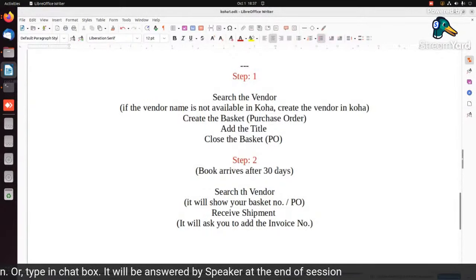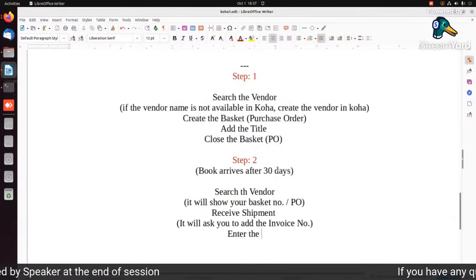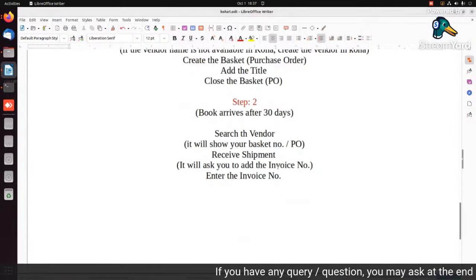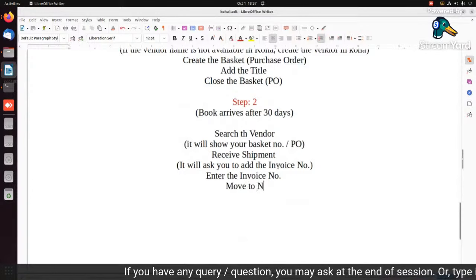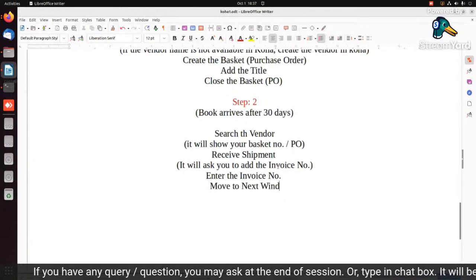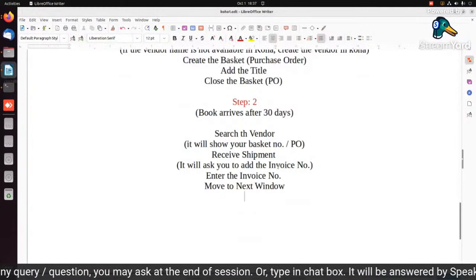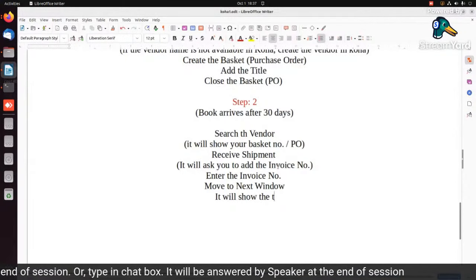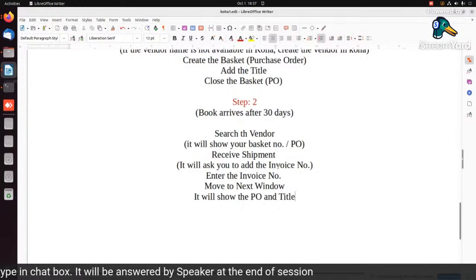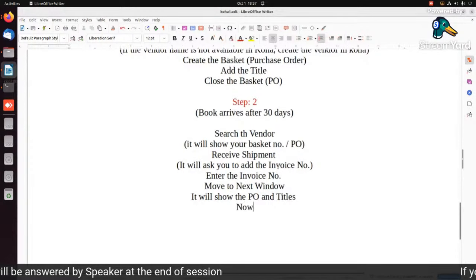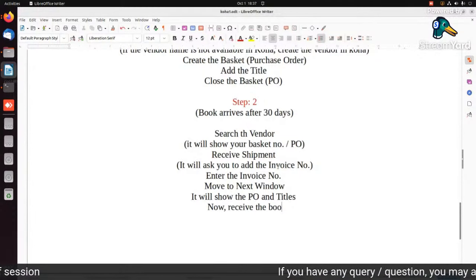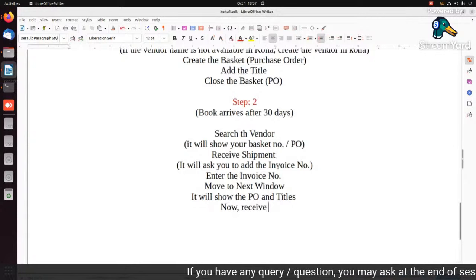By seeing the invoice, just enter the invoice number, then click on next, move to the next window, and here it will show the purchase, PO and titles. Now receive the books. Just click on the receive option,